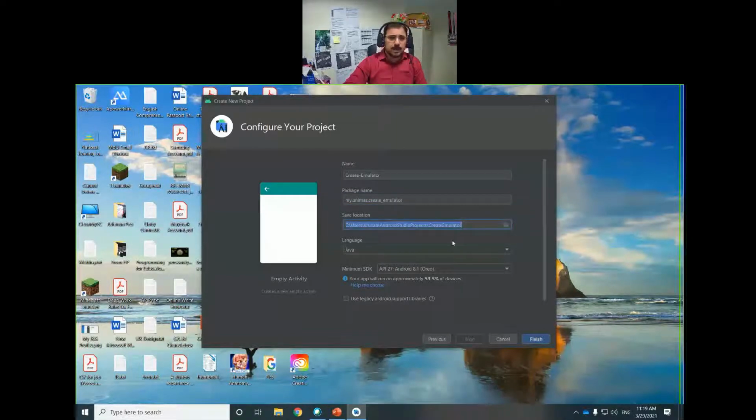This will be the location where this project will be stored. It's up to you. If you want to change it, you can change it by clicking this folder option. And the language, we are using Java. This one is the minimum SDK. Minimum SDK means on how many devices, or on which lower devices, this app that we are going to create should be installed.